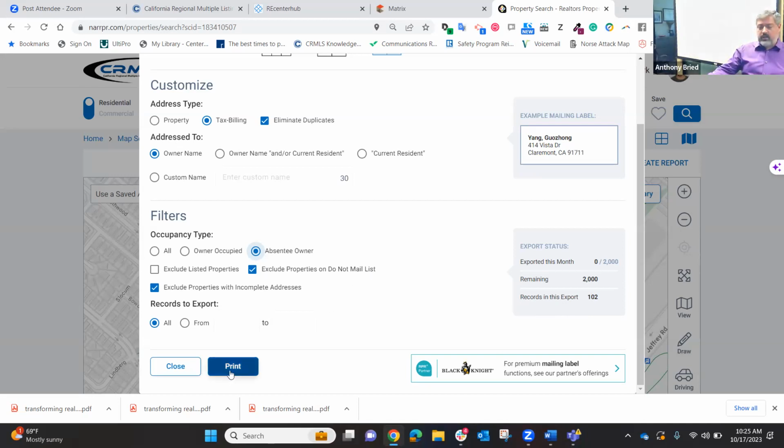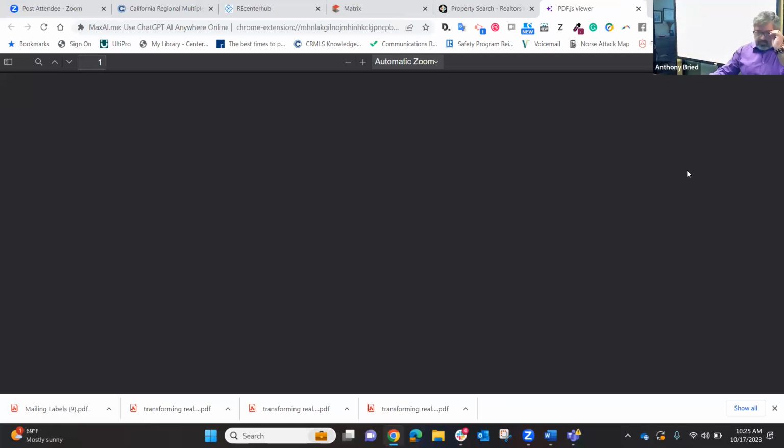Now down below, all I need to do is hit print. Now the PDF document was just generated, and now